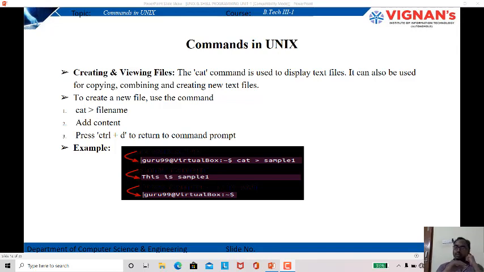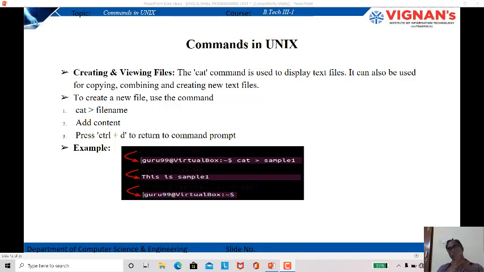Now we'll look at how to create a new file with the command. So let's look here. We are using the terminal. Let's see the syntax: cat, greater than, file name, and then add some content, and then press Ctrl D to return back to the command prompt.